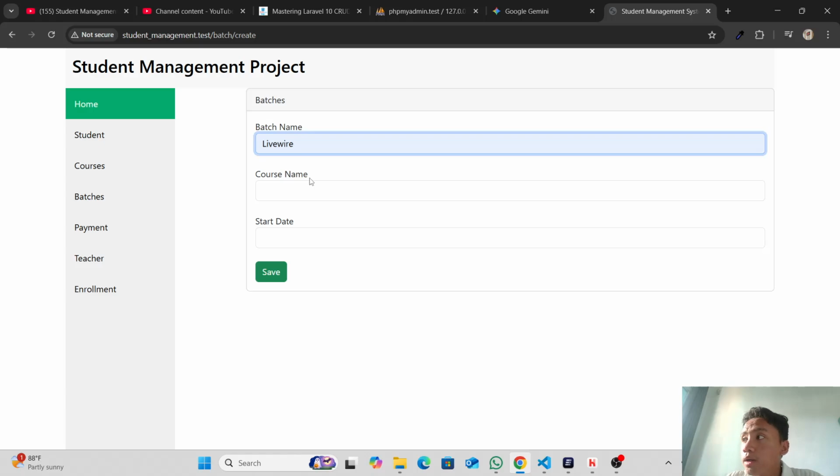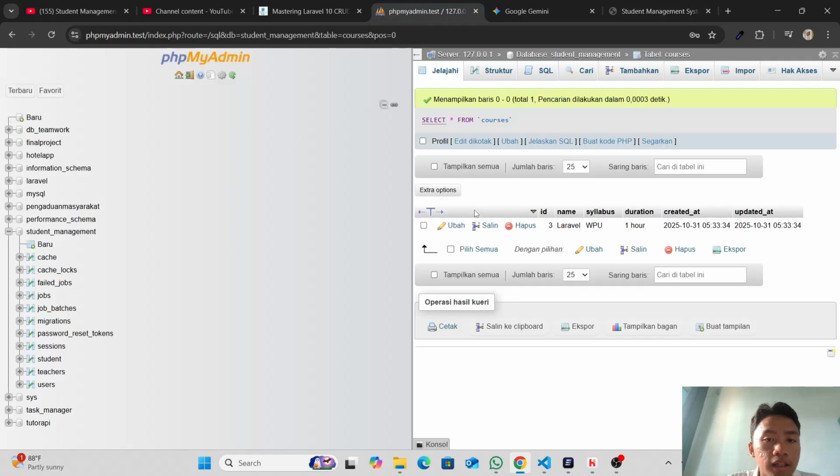So how can we know the ID of the course? If you use SQLite, go to SQLite, or if you use phpMyAdmin MySQL, go there and search for your course. I have one course, Laravel, and the ID is 3.